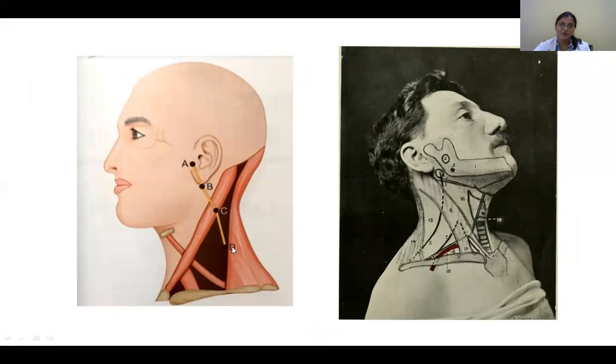Then you can see sternocleidomastoid, mastoid, trapezius. So along the posterior border here and along this trapezius. So this is almost, if you make it 3 parts, 1/3 and 2/3 on sternocleidomastoid, and this is above the clavicle, the trapezius. So you just mark them, that will be your accessory nerve.